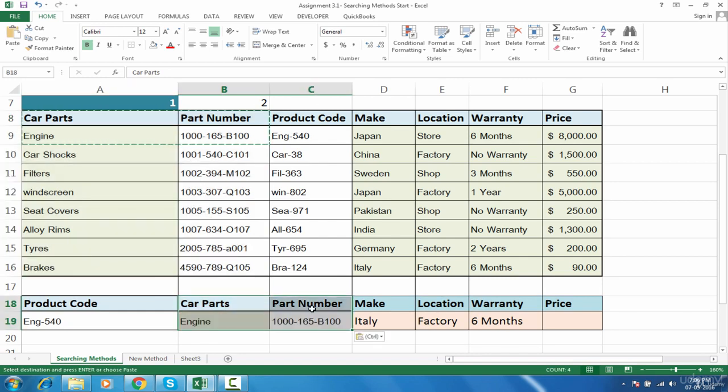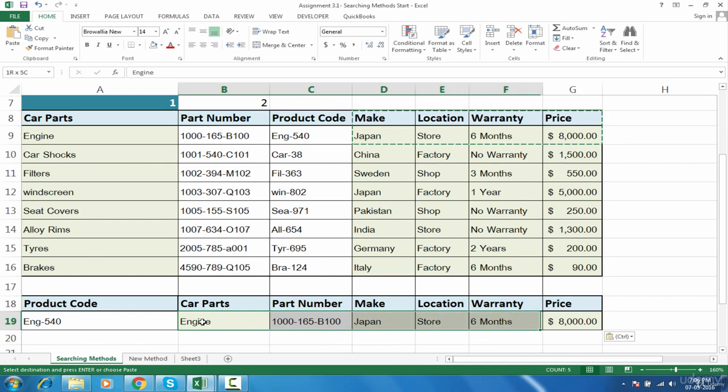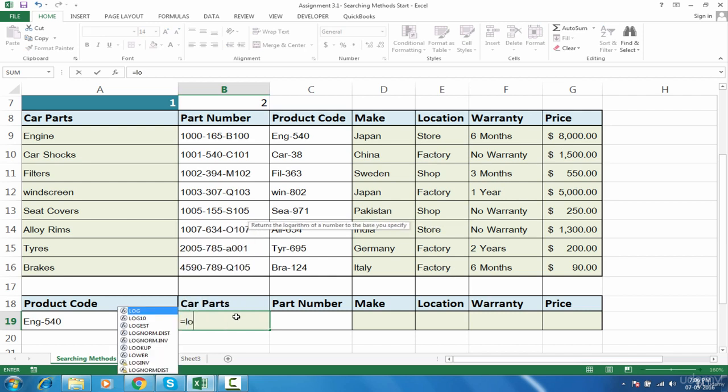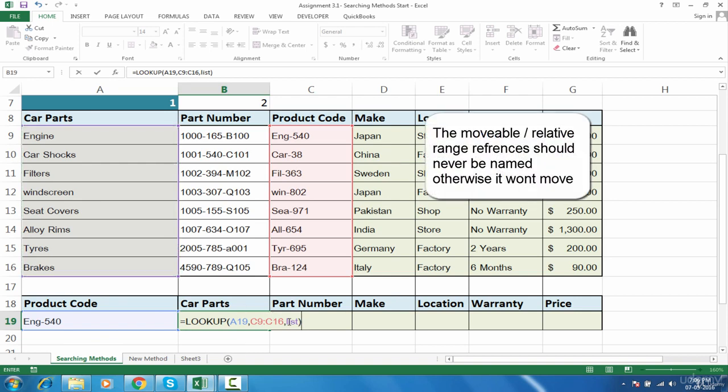I'll just adjust this and then this thing. Okay, so I want a kind of analysis just like this. Now if I apply equals LOOKUP, the lookup value will be this, product code will be exactly the same vector, so I have to select this one, and the result vector, I'm searching for car parts, so I have to select this, and it's already named as list, so just go with this. No, I cannot go with this because I have to change this reference every time,